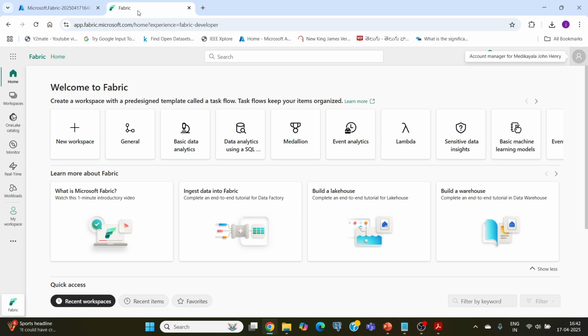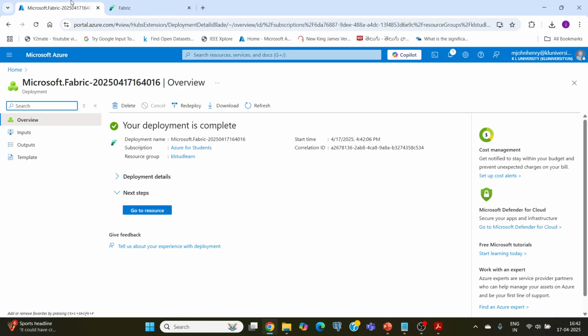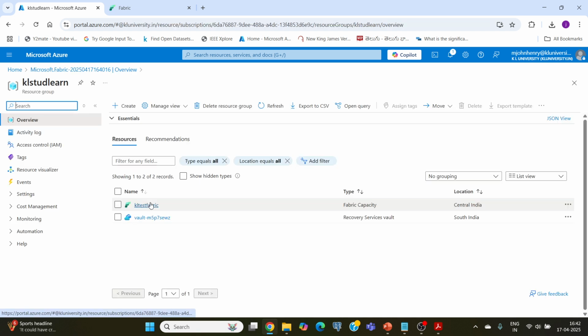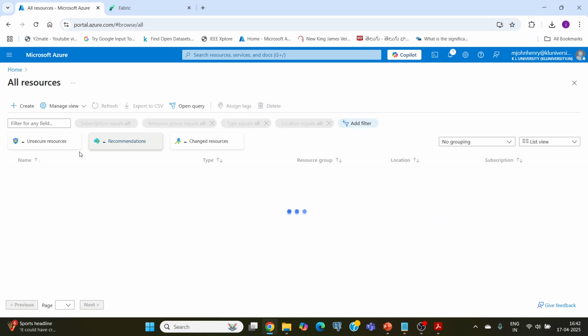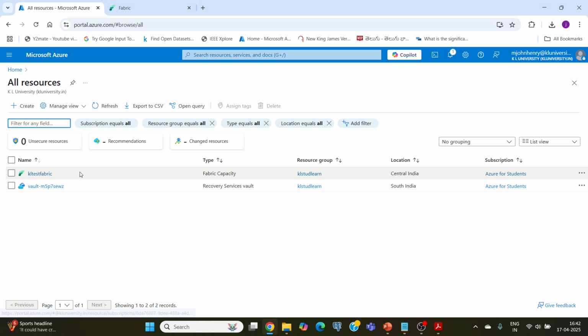app.fabric.microsoft.com. So once it gets deployed, your deployment is completed, right? So we have created a fabric. We have created a fabric with the name KL test fabric. Okay. Now go to that